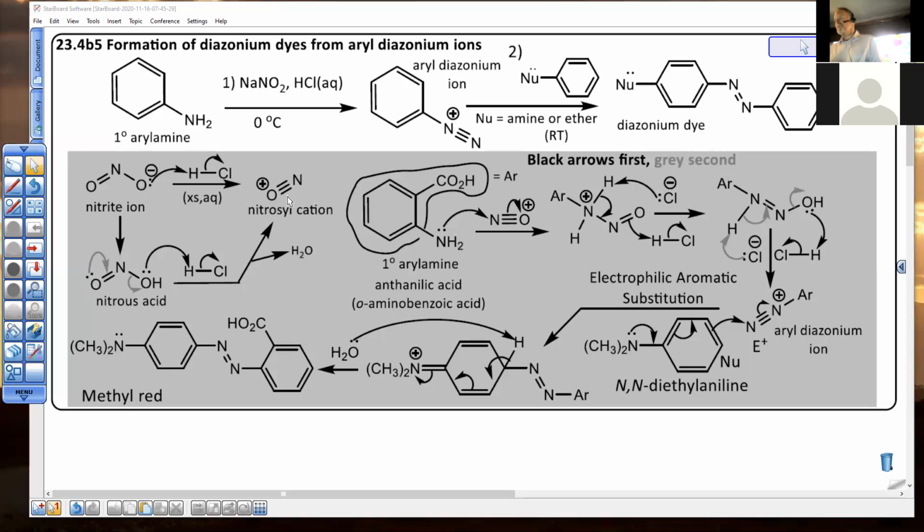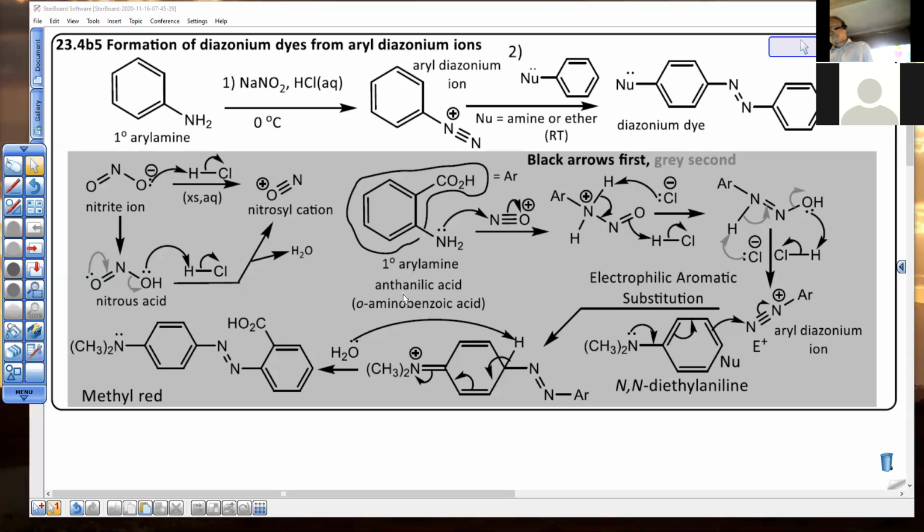We saw nitrosyl cations love reacting with things, and the particular things they love reacting with are amines. And we're going to do the same here. It's going to be an aromatic amine. It has to be a primary aryl amine. That means there's only one carbon attached, and that's the aromatic ring. This specific example, it's ortho amino benzoic acid, common name